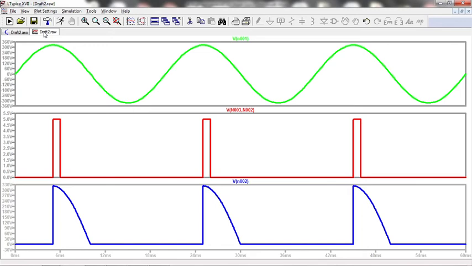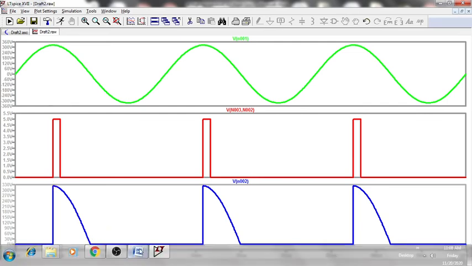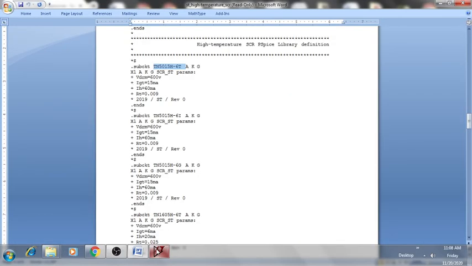See, now it is showing you input voltage, pulse, and load voltage. In the input voltage it goes from 0 to 325 and comes back to minus 325. So in the first half cycle at 90 degrees, because we have chosen 5 milliseconds, the firing angle becomes 90 degrees. We have chosen that the SCR will turn on there. That's the reason the load will receive that voltage starting from 90 and it goes till 180. So this is my circuit.